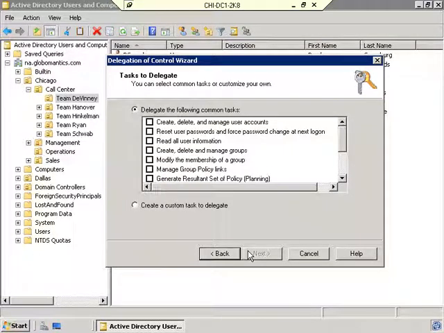We need to select what task it is that we want to delegate out to this user. Well, in our Global Mantics scenario, we said that we want each of the call center supervisors to be able to reset passwords for their users when they forget them. And sure enough, on the list, here it is. Reset user passwords and force password change at next logon. That force password change at next logon is there because the supervisor will assign a temporary password as part of the process, which means you're going to want the user to give themselves a more secure password that only they know the first time they log on. So we check the box and click Next